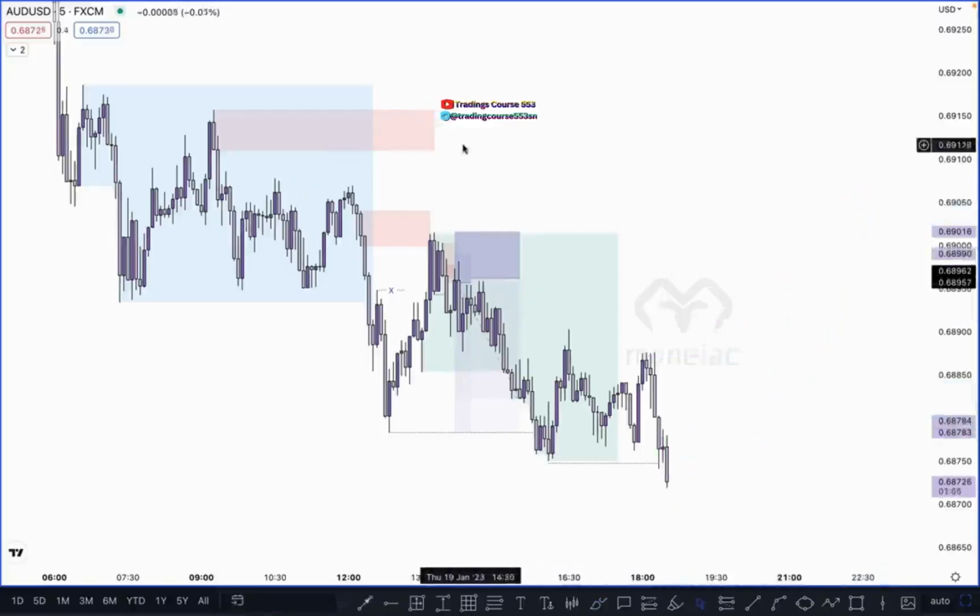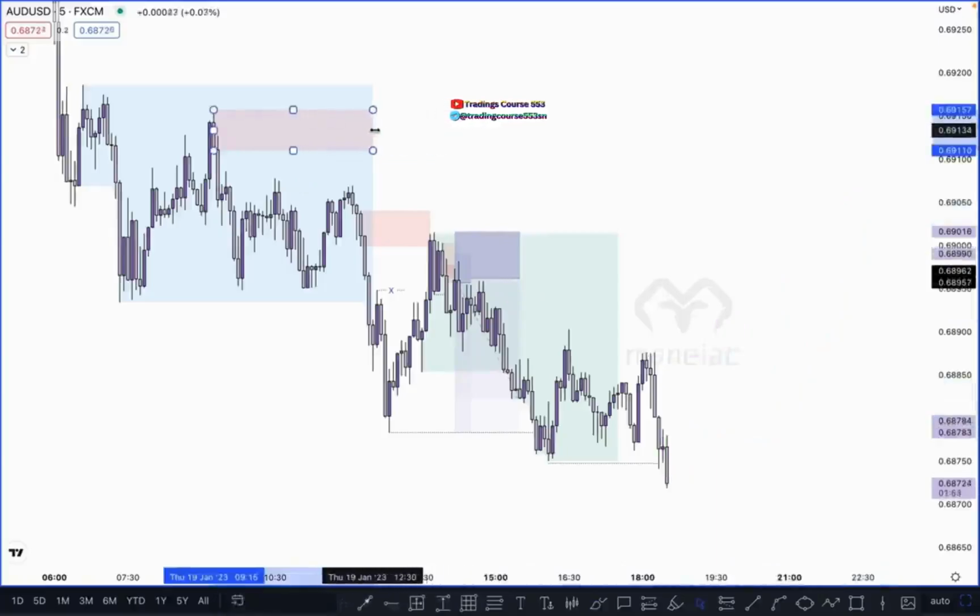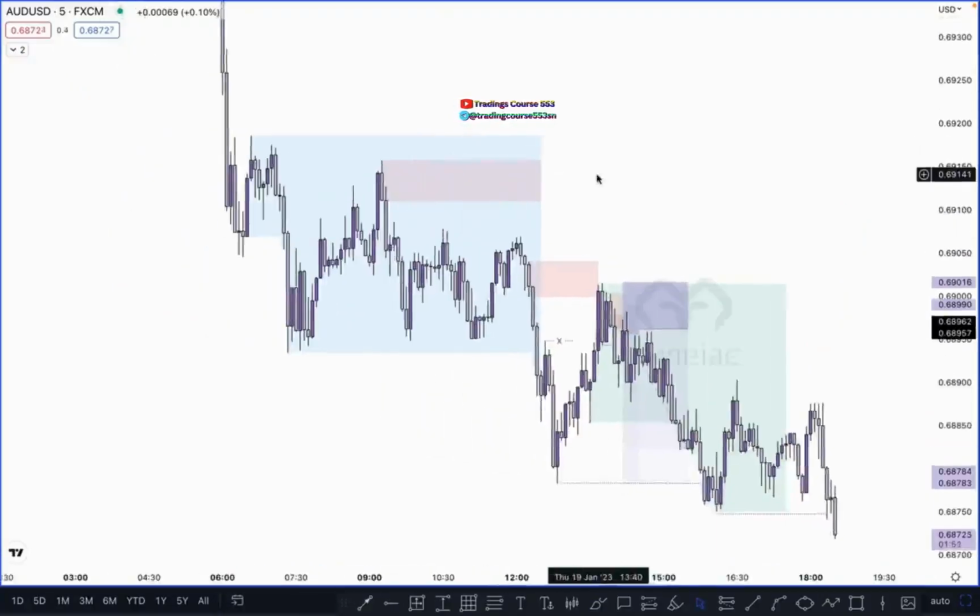These are very interesting, and you can practice on your chart, and you can backtest your data on your Forex chart like EUR/USD, GBP/USD, anywhere. If you are facing difficulty understanding these concepts, you can watch this video multiple times. This will help you a lot to understand how sessions actually work, how session timing works, and how you can trade session timing. This alone is very deep and complicated. I just explained it to you in an easy to understand way